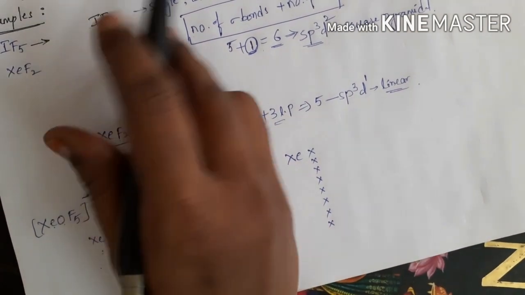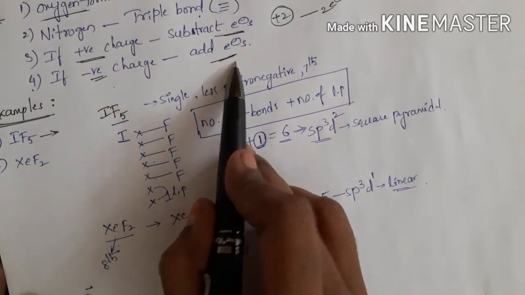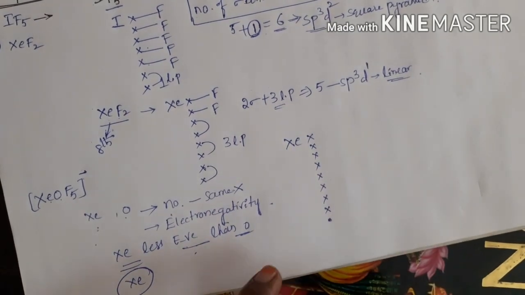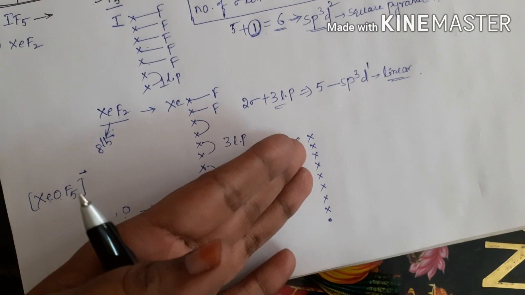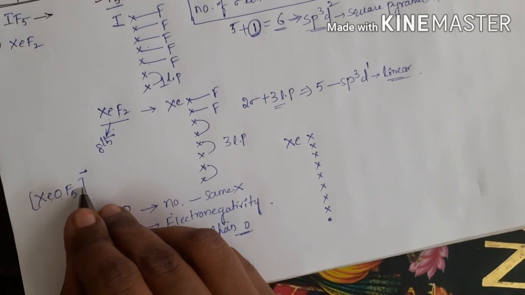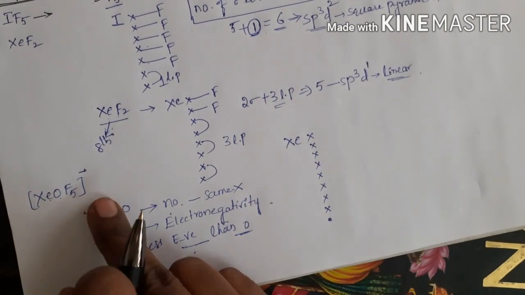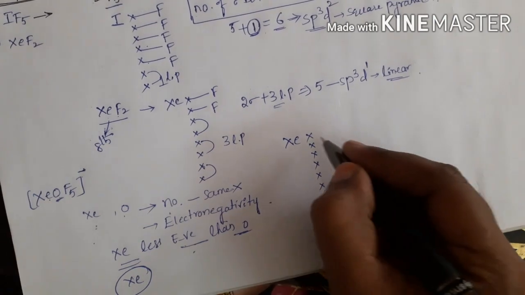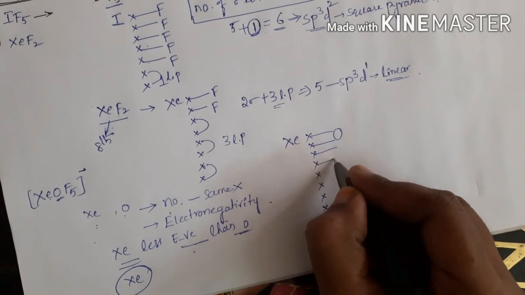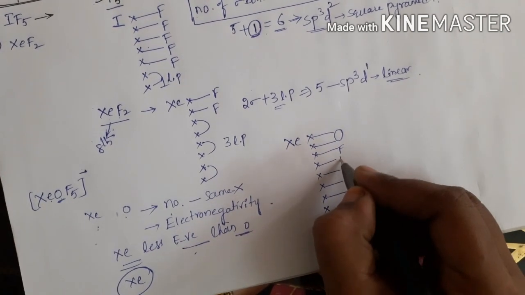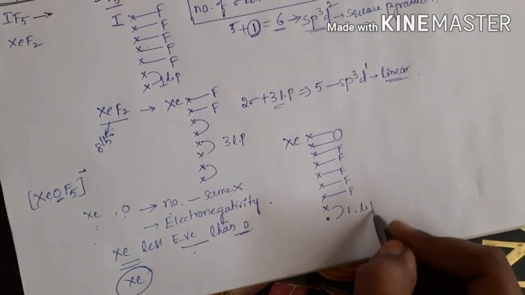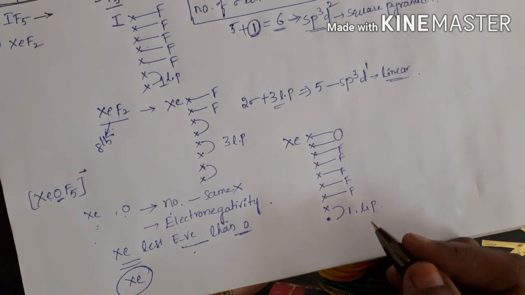I already told you, if a negative charge is present, add those electrons. Here one negative charge is there, means one electron is added. Add it like this to differentiate the group electrons, the group number, and the extra electron, that is the charge. Like this I am writing. Next, make a bond with the other atoms. Oxygen is there. Oxygen forms how many bonds? 2 bonds with 2 electrons. Next, how many fluorines are there? 5: 1, 2, 3, 4, 5. All these are the fluorines. Next, one lone pair is there.